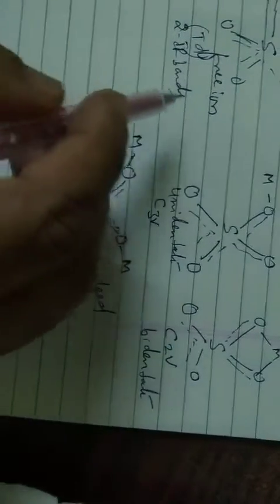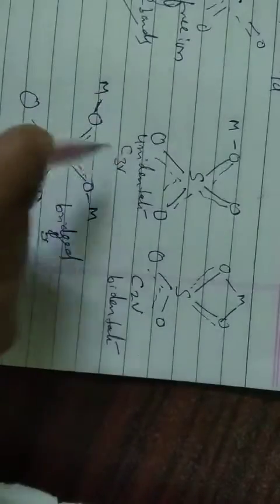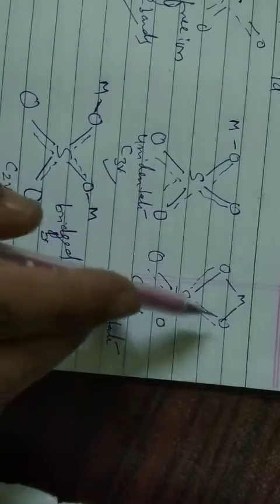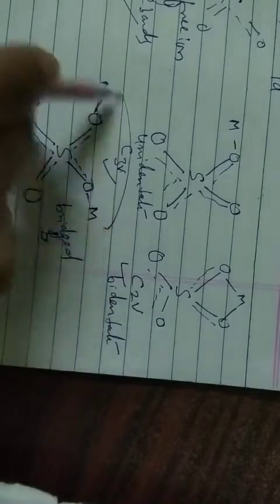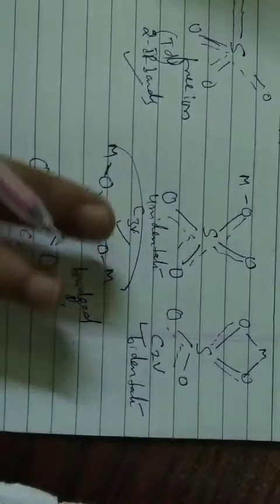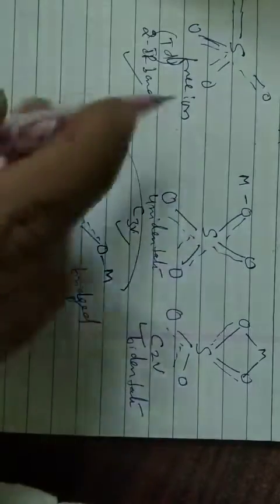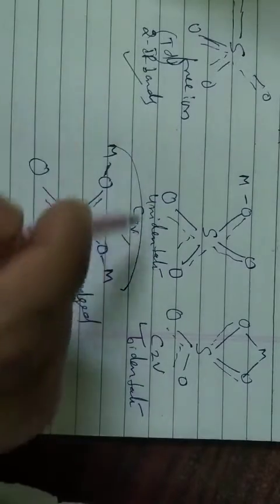So from the free tetrahedral ion, when it's monodentate or unidentate it is C3V, when it is bidentate it is C2V, and in the bridged form it also shows C2V. This is how you can refer. This is very much important in the answers you are writing. If you write this much with the correct symmetry, you are going to get full marks.